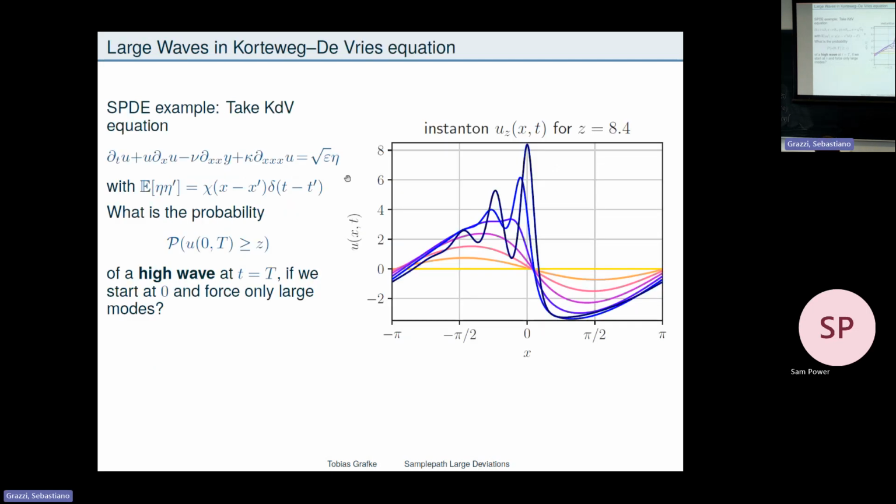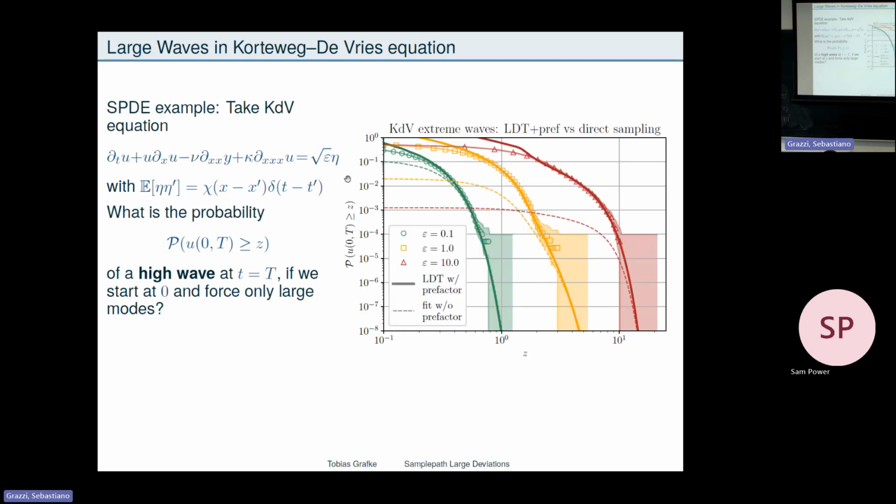So you can do this for all of the systems that I was talking about. KDV, this was the instanton. And we can compute the functional determinant of the second variation of the action of KDV equation around this space-time configuration, exactly for every value of z, and you get these solid lines. So I'm now showing Monte Carlo experiments as the markers for 3 different values of the noise strength: small noise, intermediate noise, large noise, maybe 10, 1, and 0.1. And then as dashed lines are maybe best effort fit of just a large deviation.